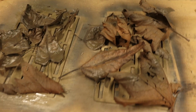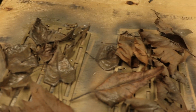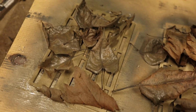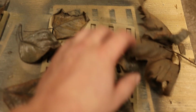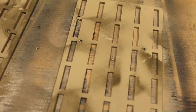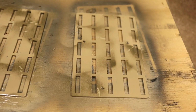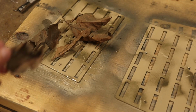See how this first layer came out. As you saw, I just threw some dead leaves on here because that's the foliage of the season right now. Not too bad there. Gonna toss them back on, do one more layer, and then